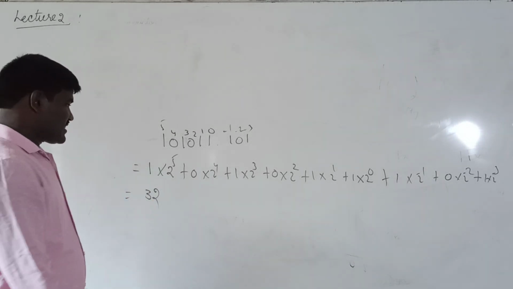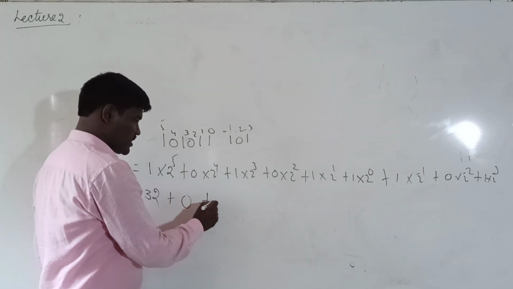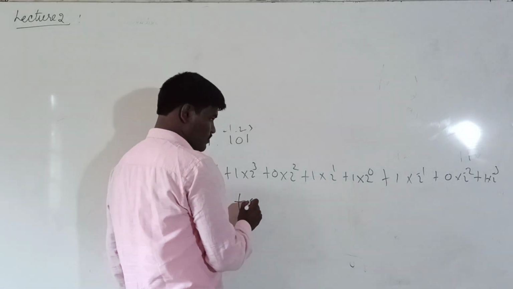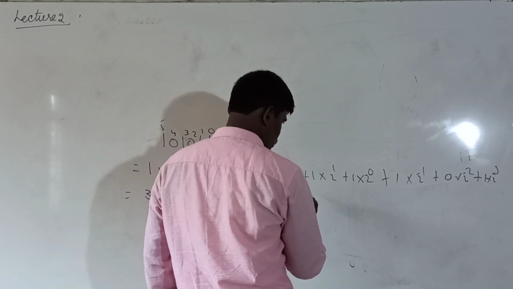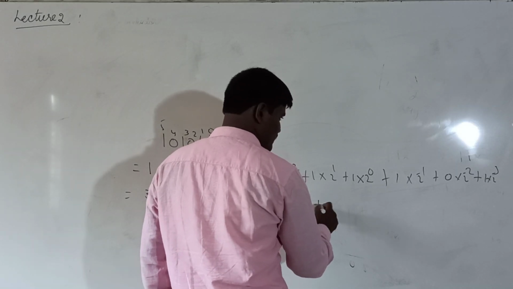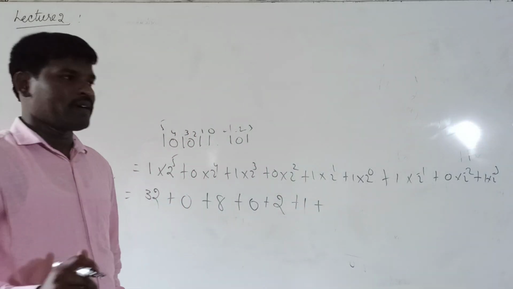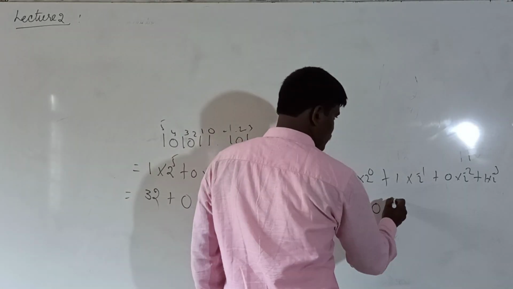32 raised to 5 is 32, plus 2 raised to 4 into 0 means again it is 0, plus 2 raised to 3 is 8 into 1 is 8, plus 2 raised to 2 is 4 into 0, 0, plus 2 raised to 1 is 2, plus 2 raised to 0 is 1 into 1, plus 2 raised to minus 1, it is equivalent to 1 by 2. 1 by 2 answer is 0.5, plus 0